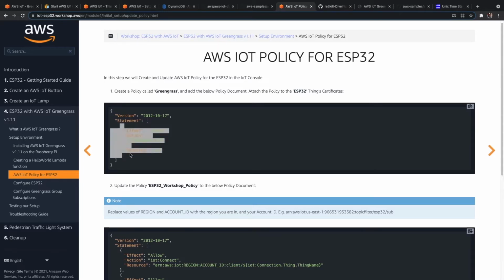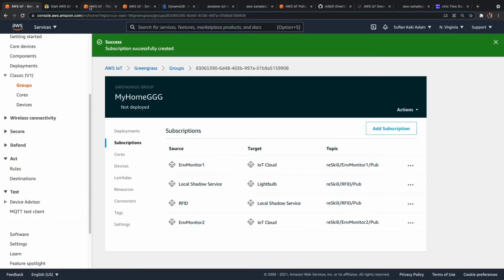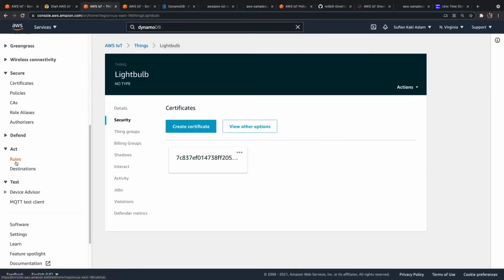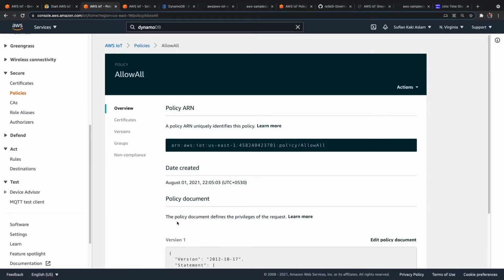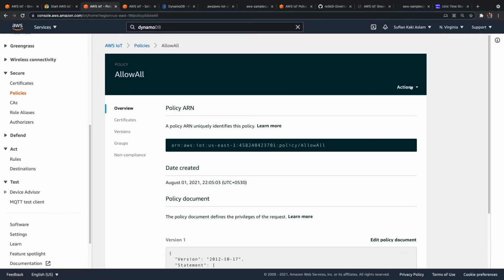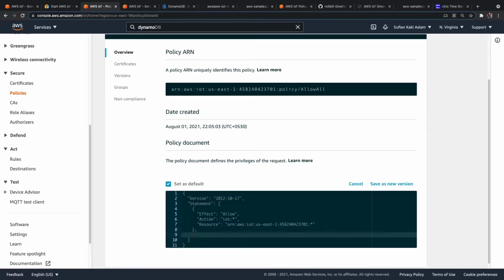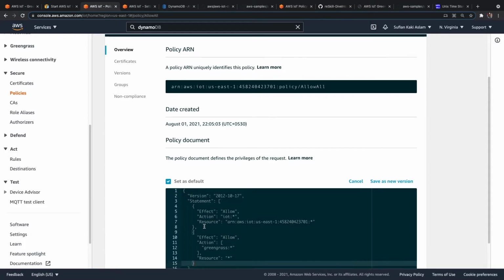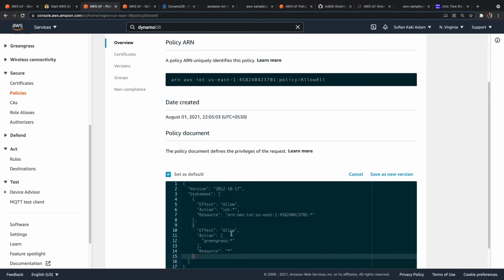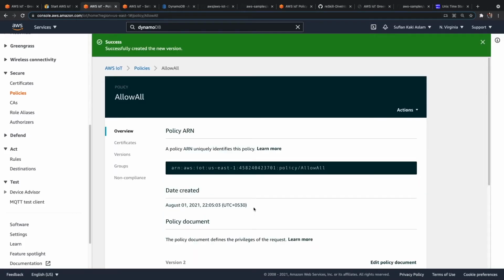So let me copy this, come back here, go to policies, where is allow all, which is what is connected to all the four devices. I'll go to that, edit policy document, and in here I will add this statement as well. So effect allow, action Greengrass, for all the resources. Save as new version. Okay, now our devices will be able to talk to that.